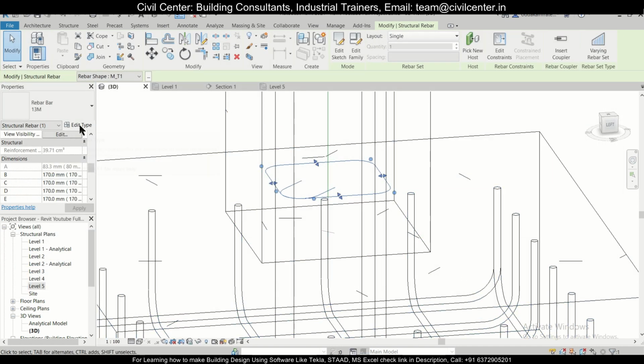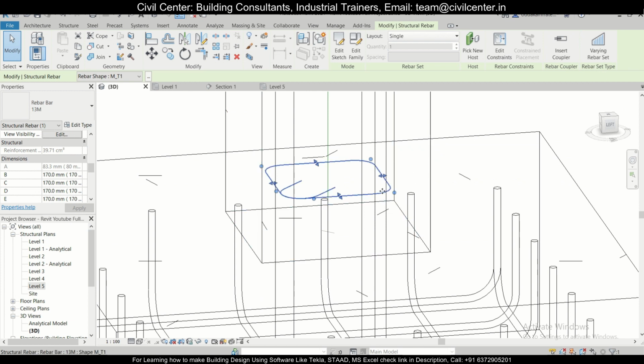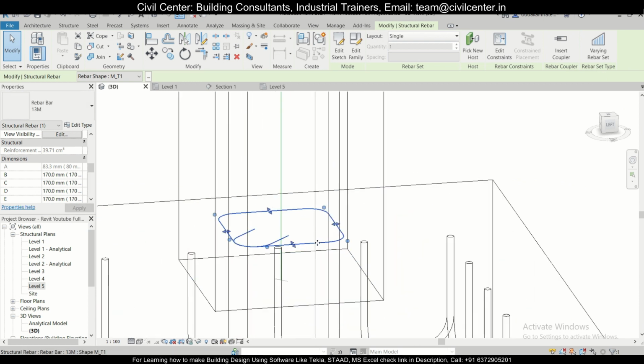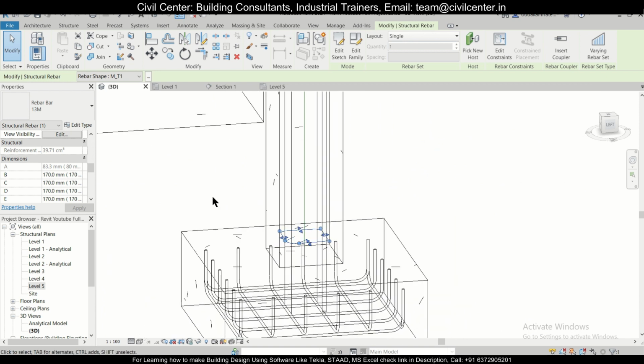So the 8 mm bars we are using here, and here just select, we'll just select this. You can also rename this if you want, so we are not renaming this.